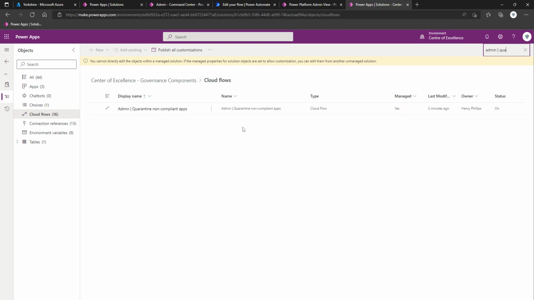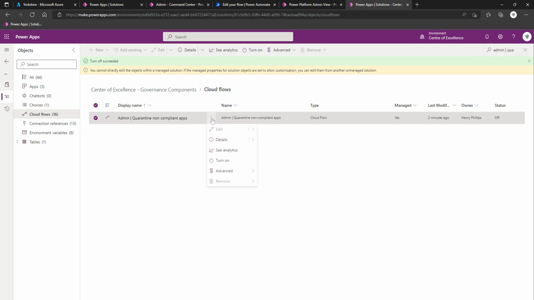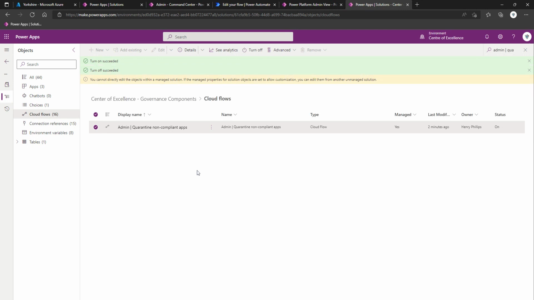Okay, so that's turned on. That would be fine. Again, going back to our earlier point, I'm going to turn it off and on again, just to give it more of a chance of picking up the new environment variable value, assuming it is used in that one. As for the second one,